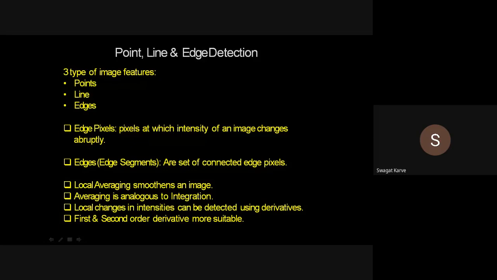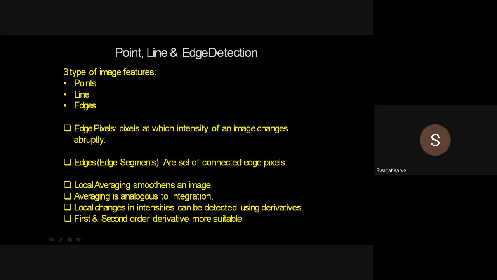Now with the help of these features, if we use these features to detect different objects or targets, it will be easy for us to segment that image. Now the first part is edge, right? So the first part is edge detection. So why are we performing this edge detection?